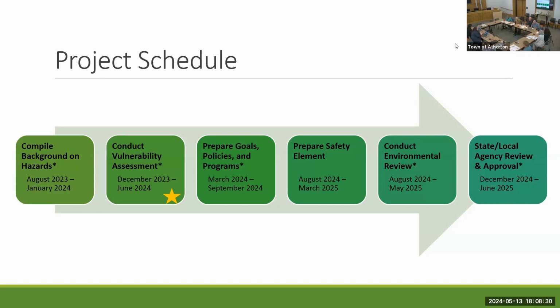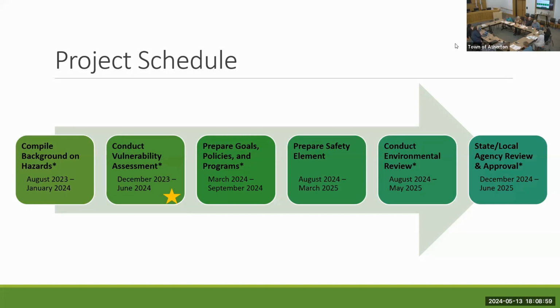From there, the environmental review will be conducted, and that is likely going to be an initial study that looks at various required factors of environmental review, from air quality through traffic as well as wildfire. There's quite a few factors there. All of that will be done simultaneously with analysis, really